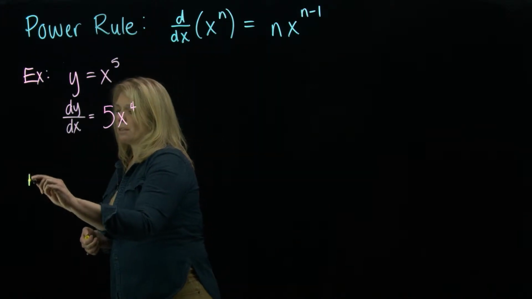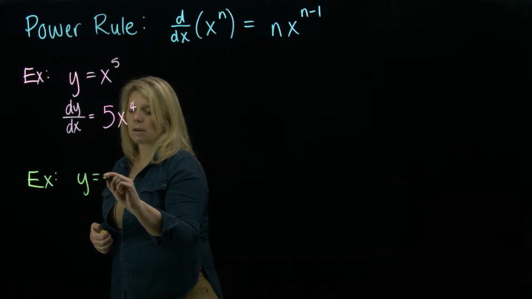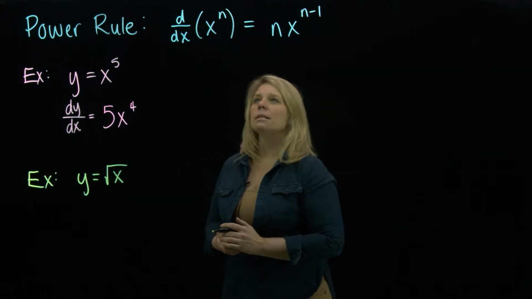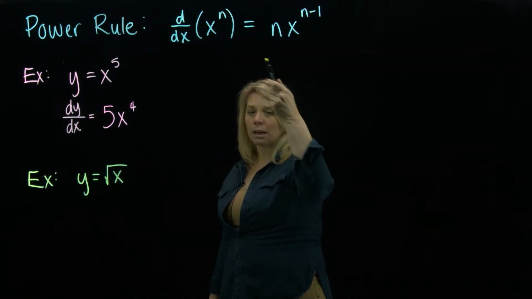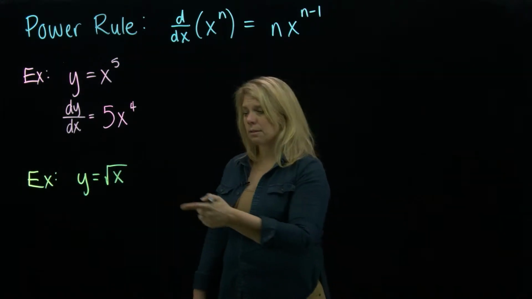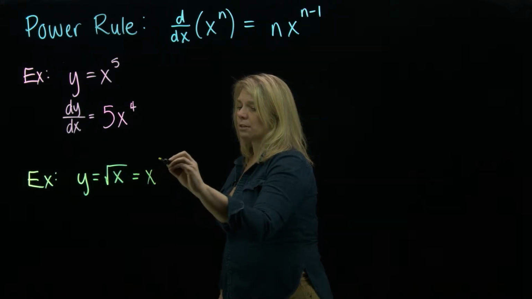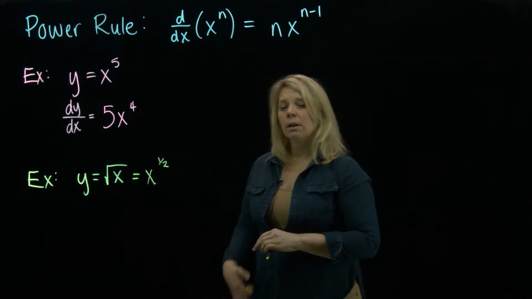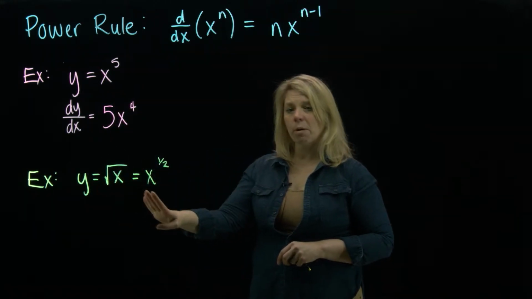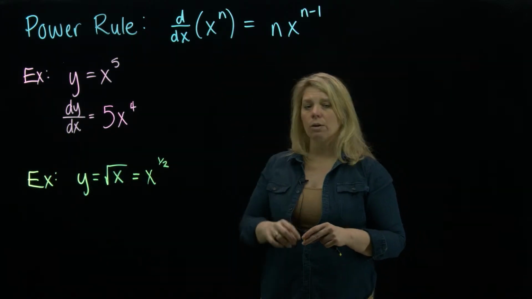So let's look at another example here. If we start with something like y equals the square root of x. Okay, so at first it might not seem like that is the same kind of function that we're working with here, but if you remember that fraction exponents are roots, you can rewrite this square root of x as x to the 1/2 power. So when you see these things that are not exactly written as a power, just remember those exponent rules about how you can rewrite them as powers,